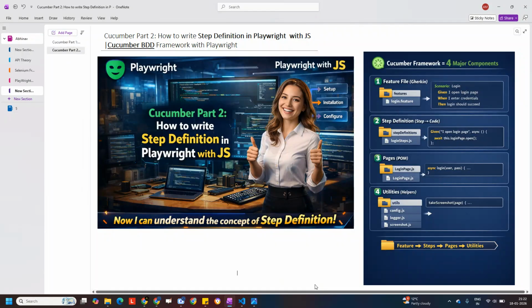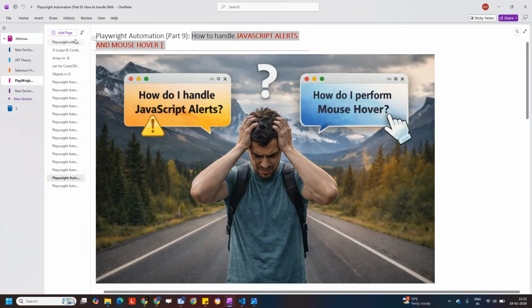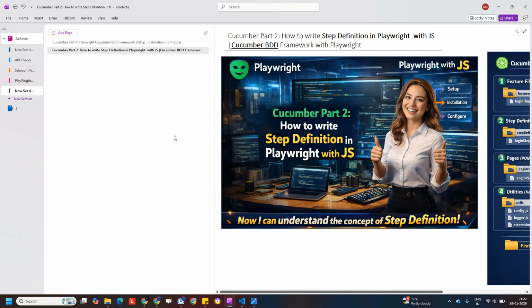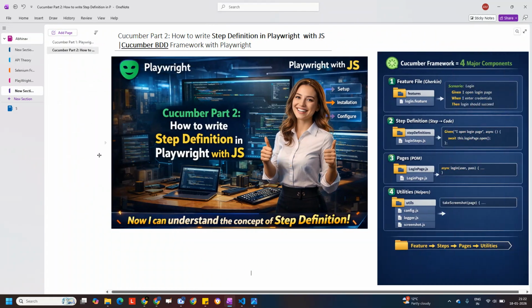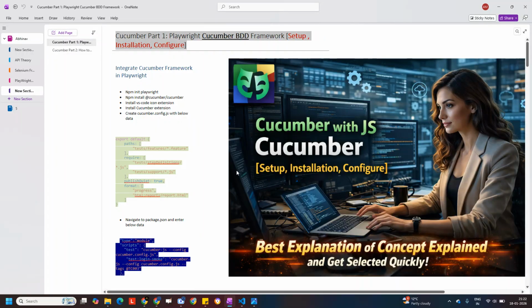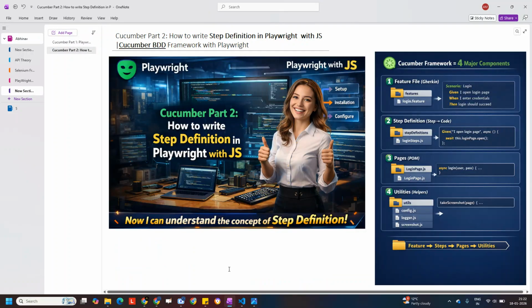So guys, this is the kind of lecture that we have been waiting for, and we have done enough lectures on all these functionalities, or the parts that we have already discussed in our previous lectures, right? How to perform all these particular operations, right? And we have started a new series wherein we are going to integrate Cucumber with our Playwright infrastructure, right? So in my last lecture we have already done a lot of things. I hope you guys have seen my previous lecture, and from this particular lecture, our scope is